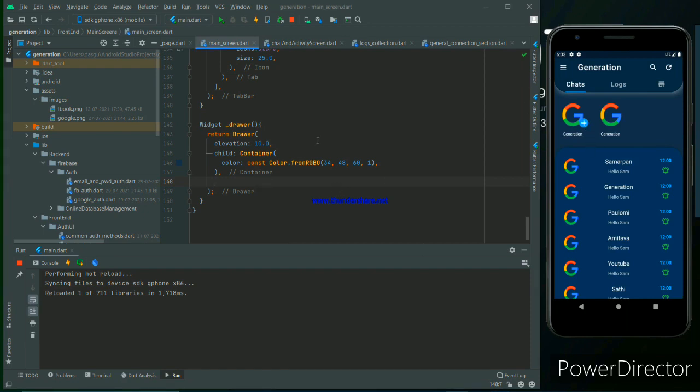The width will be double.maxFinite, height will be double.maxFinite, and the child will be a column.